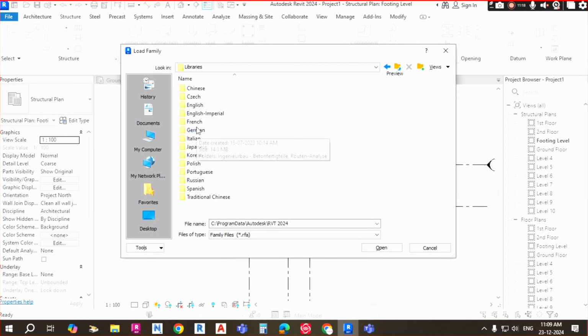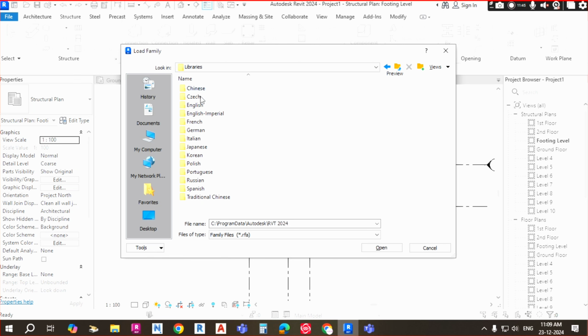The library is our family path. English, US, and this is the path for our family. Okay, so I hope everyone has got this path. Am I right? Everyone got it? You just check it once. If you have not got this path, you have to take the instructions from your IT team,